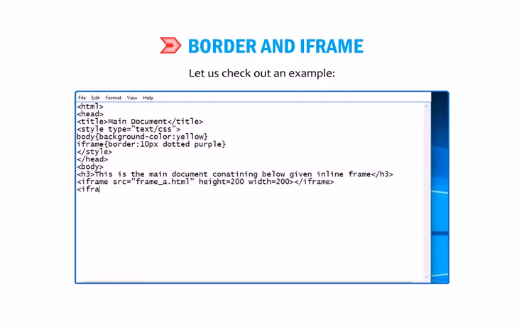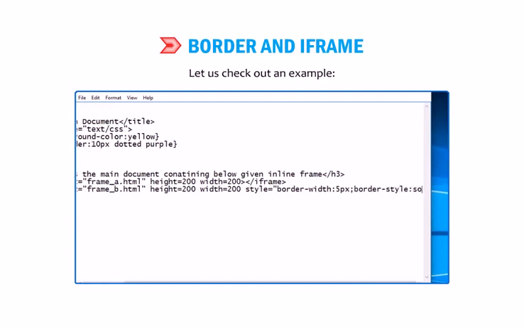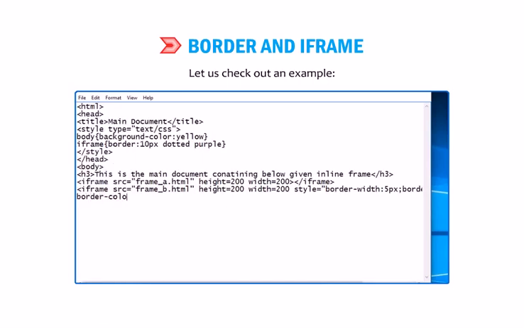</iframe> <iframe src="frame_b.html" height="200" width="200" style="border-width: 5px; border-style: solid; border-color: green"></iframe> <iframe src="frame_c.html" height="200" width="200" style="border: none"></iframe></body></html>